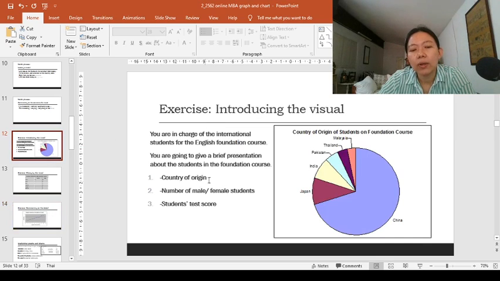So you're going to talk about three things. You're going to talk about the country of origin, the numbers of male and female students in the foundation course, and the students' test scores. So we're not going to go into the detail, but we're going to use some signposting sentences for each situation. For example, when you're introducing the pie chart, you can go back to